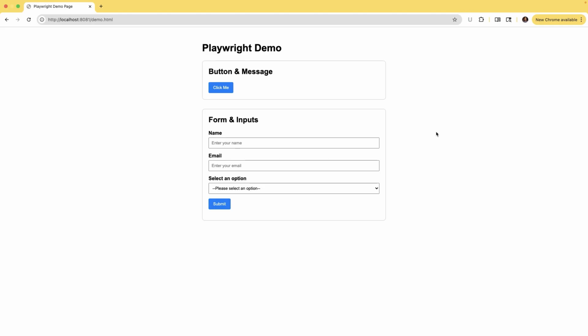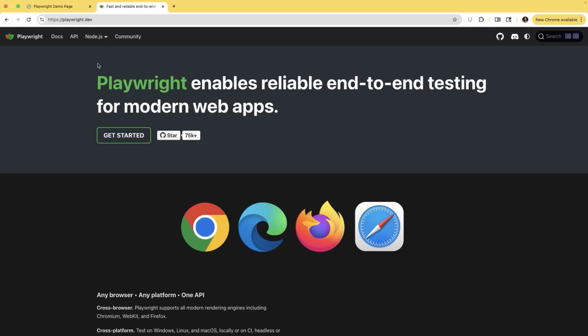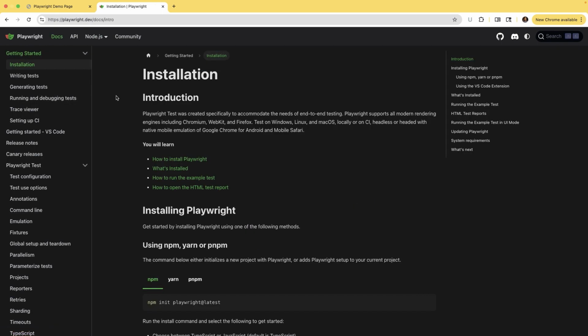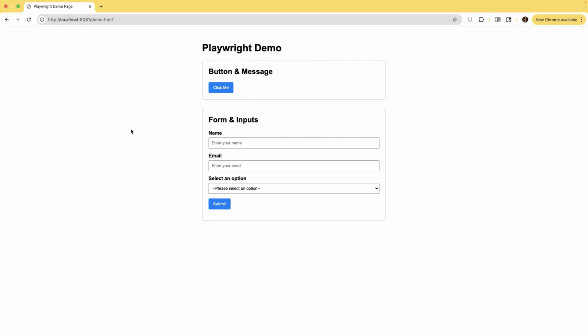So the first thing you need to make sure is that you have Playwright installed. If you don't have it, you can simply go to the playwright.dev website and click the Get Started button, and you can see the installation. You can install it for Python, Java, Node.js, or even C#. It supports many languages. So for our demo today, we are going to use this demo page, and I will